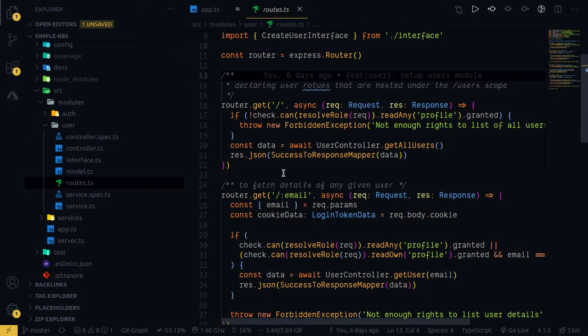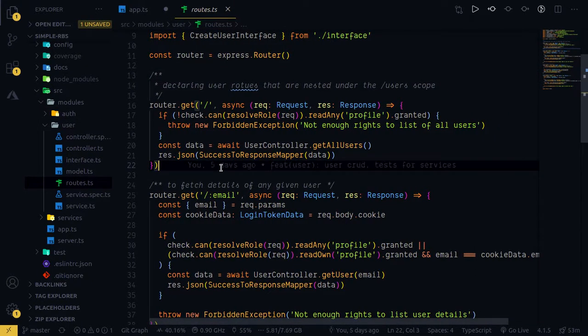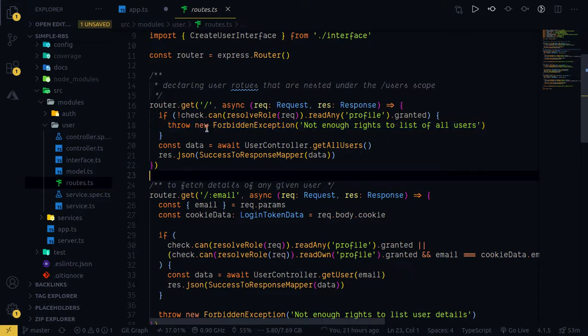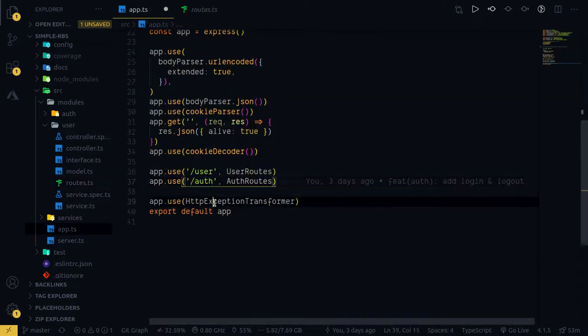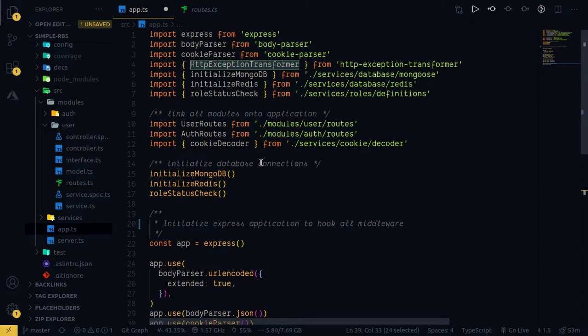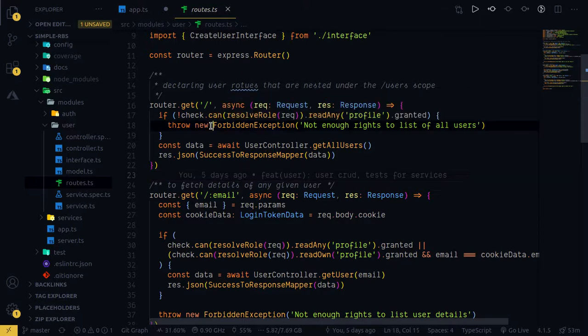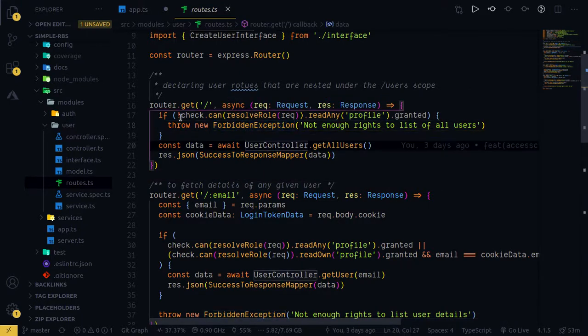The routes file is more or less like any other route file that you find in any Express project, but the best part about this is you will see that we are throwing exceptions but not using try-catch blocks, which makes the code really clean. The only reason that this is possible is that we are using this HTTP exception transformer. While developing this particular prototype, I wrote this npm package and published it. That's the main function of it, so that you can throw exceptions from anywhere, and you can send responses that are easy for the clients to read.